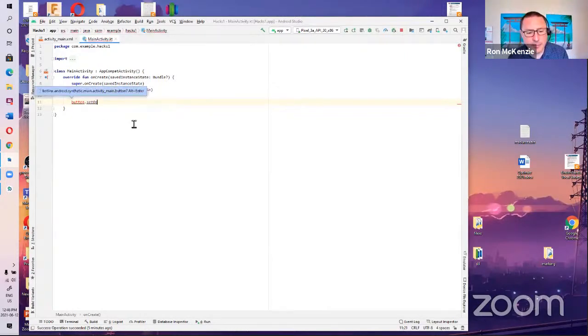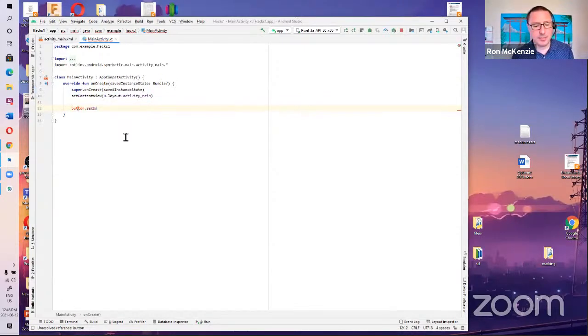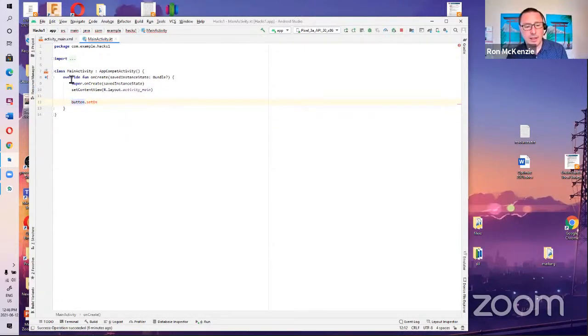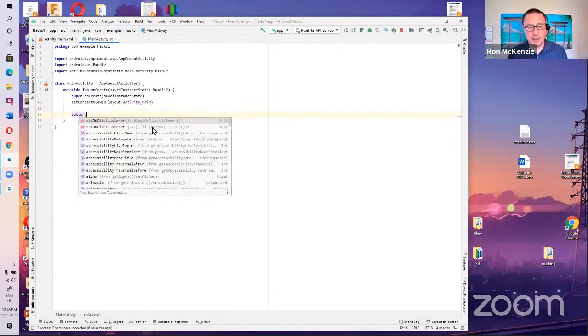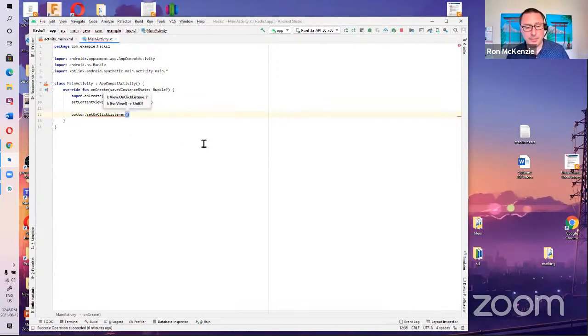Hey. It's still confused. Okay, it says, I'm not sure what it is. Alt enter. And that forces it to import it properly here. When it doesn't give you the suggestions here, it doesn't know what it is. Okay, so set on click listener. Yep. Okay. And we're going to go,